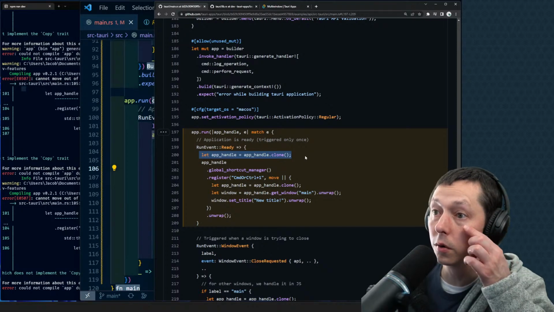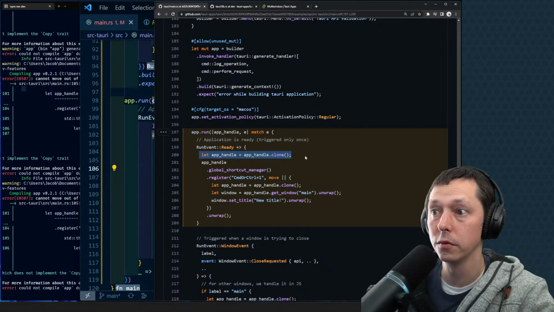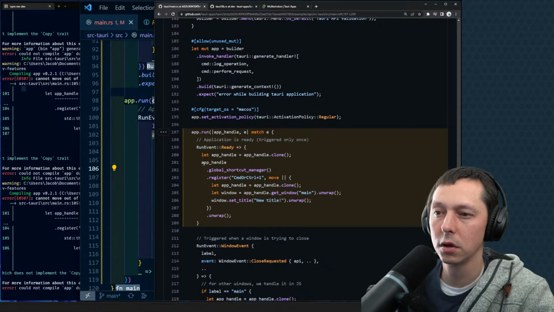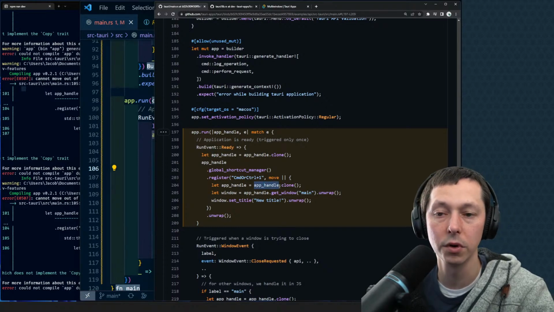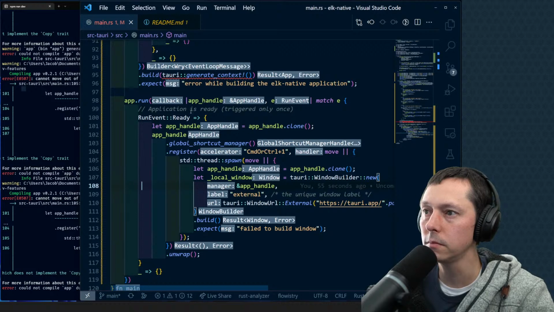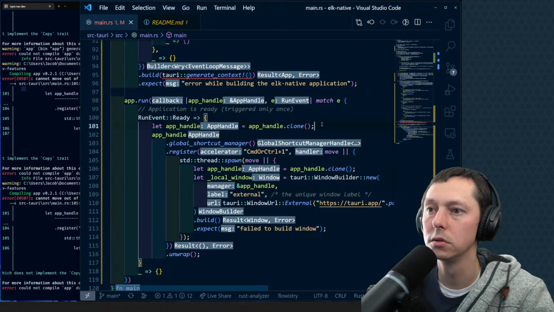We've got a clone up above for this top level app handle, and I'm presuming it's recloning it. So this handle is getting moved into this scope, and then it's being cloned again, and then we're using it. So we might need to do